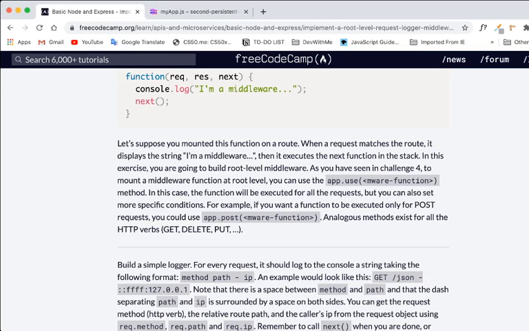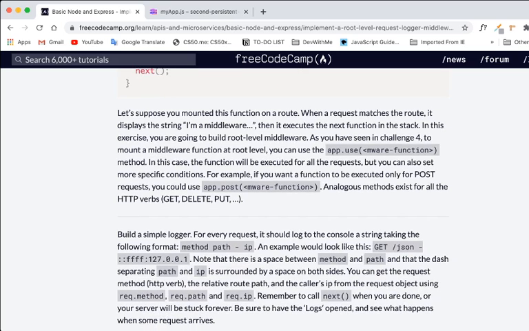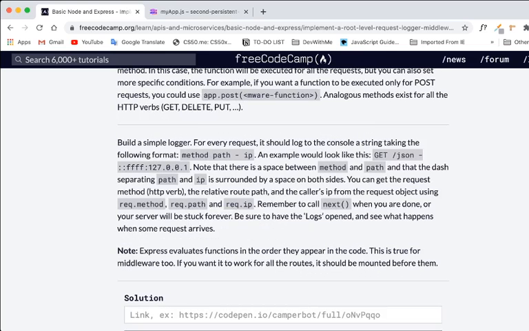In this case, the function will be executed for all requests, but you can also set more specific conditions. For example, if you want a function to be executed only for POST requests, you could use app.post(middlewareFunction). There are other methods such as get, delete, or put. Build a simple logger. For every request, it should log to the console a string in this format: method path - ip. It should look something like this: GET /json